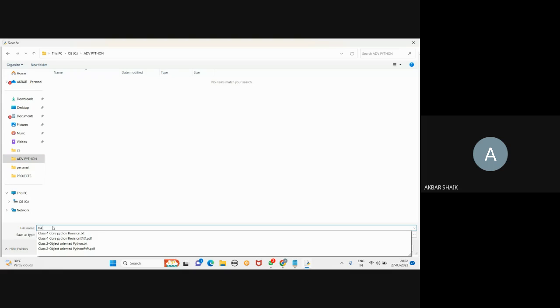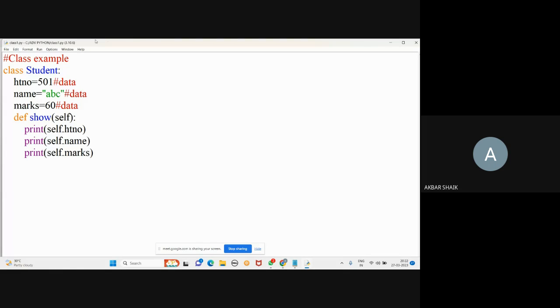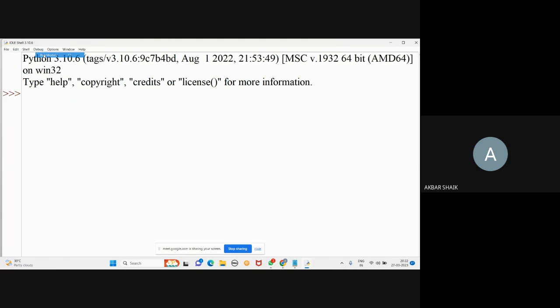So class1.py, class1.py. I think all of you remember, every Python program must be saved with the .py extension. So I gave the name class1.py because it is a class example, and this is the first class example we are doing. Okay, so class1.py, I'll save it, and if I run this,